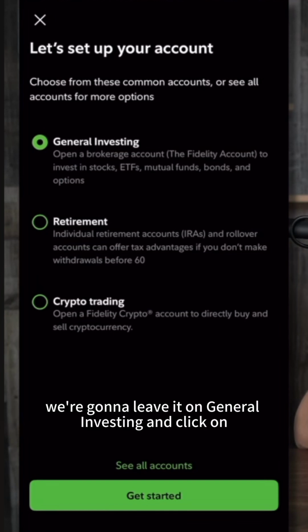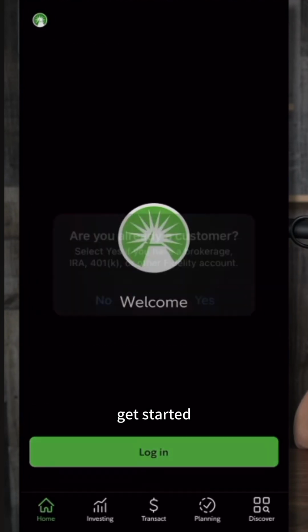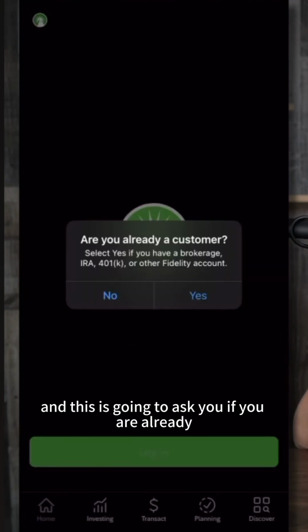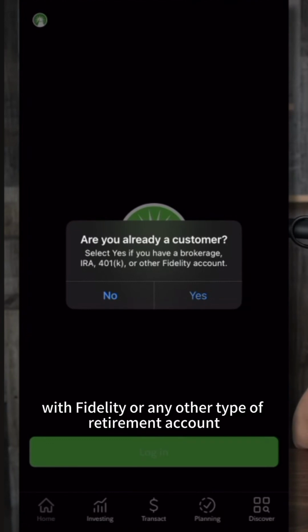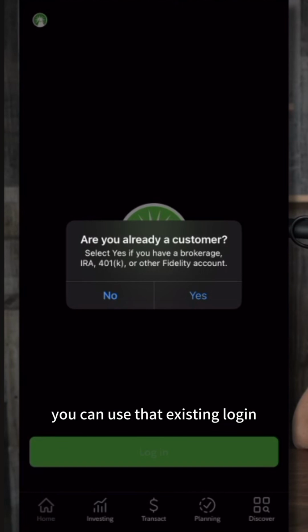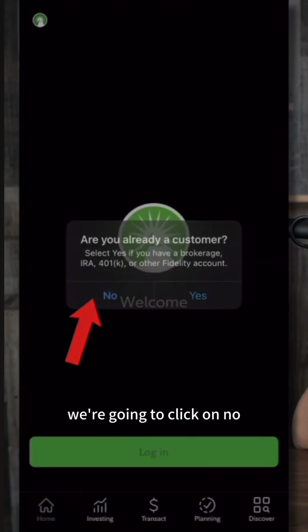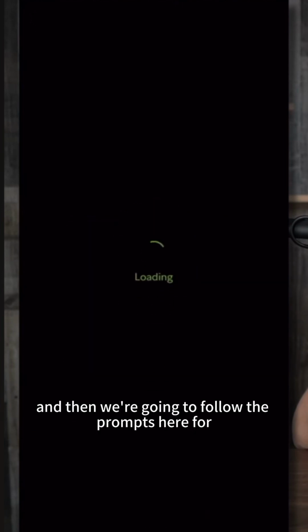For now, we're going to leave it on general investing and click on get started, and this is going to ask you if you are already a customer. So if you have a 401k, for example, with Fidelity or any other type of retirement account, you can use that existing login. We're going to click on no, and then we're going to follow the prompts here for creating